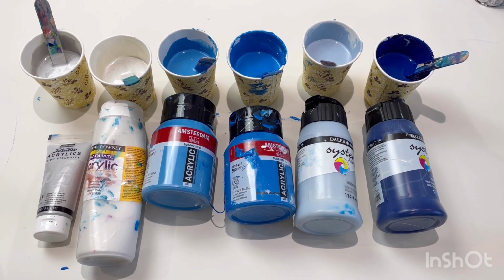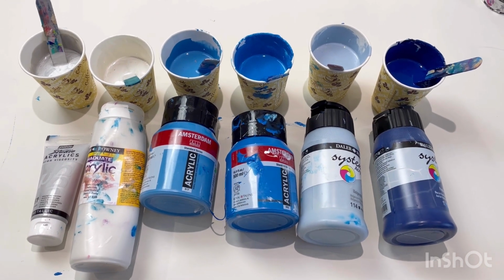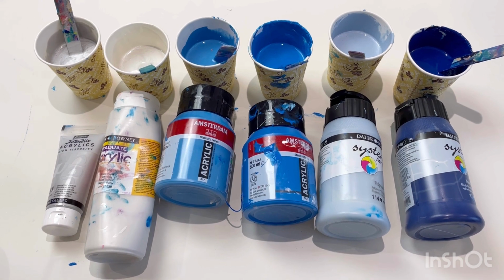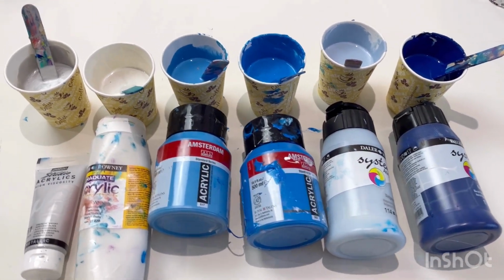So I'm really excited to get started with this. So here are my colours. I just fancied doing blues. I googled nativity silhouettes, and there was one particular painting or image I saw. It was a digital image and it was blues, and I just thought it looked stunning,